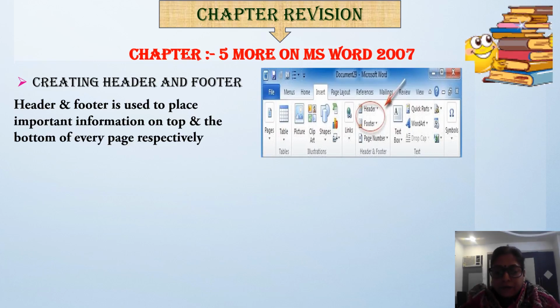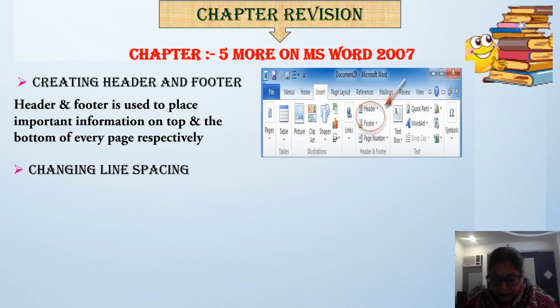Means header and footer, why do we use? In the header we use the title of the chapter or any heading of that topic. And why do we use the footer? If you want to give the date or the number of that page. This is called header and footer. Okay.